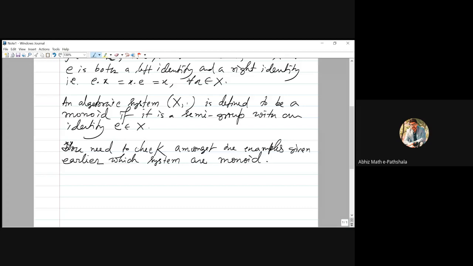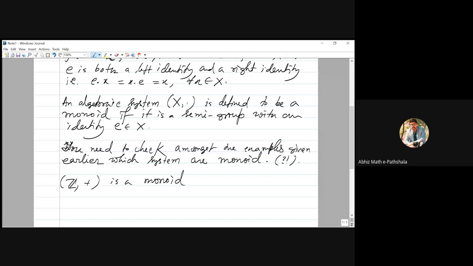Okay, so this is your exercise. As an example, you can always have that this is going to be a monoid, as it has identity and it satisfies the associativity. So for that reason, Z plus is a monoid,